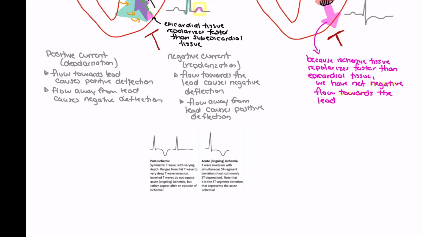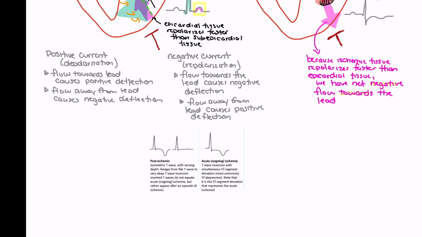So we can see a couple of examples here of T-wave inversion. One is going to be when we have acute ongoing ischemia. The other is going to be represented by the post-ischemic event, or potentially occurring following an ischemic event. In the acute event, what we're typically seeing here is ST depression followed by T-wave inversion, which is indicating to us that we have some subendocardial damage, and I can link to another video on ST depression here. So we have some ST depression as well as the inversion of the T-wave. The ST depression is highly indicative that we would likely have some ischemia going on,